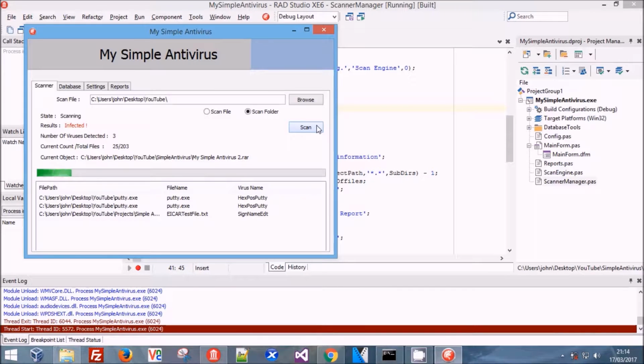And whilst it's doing this, I can explain what we're going to do in the next episode. In the next episode, we will be doing pretty much a few small pieces that needed to be done. So we will be adding a reset the scanner function. If you click scan twice now,